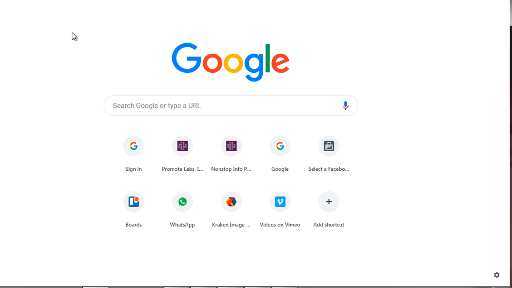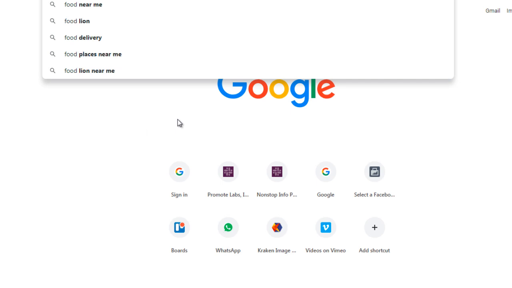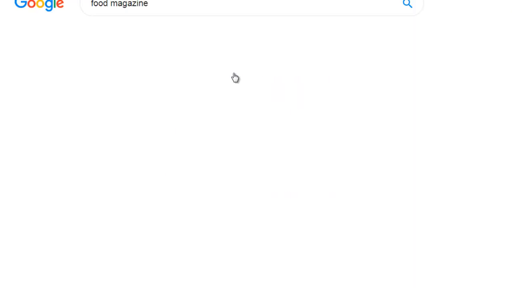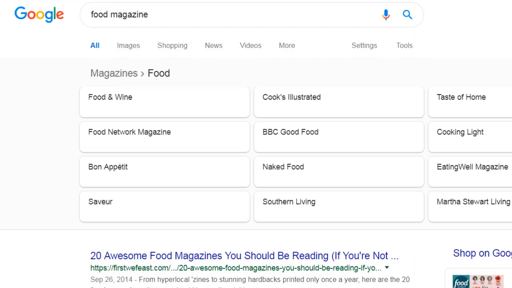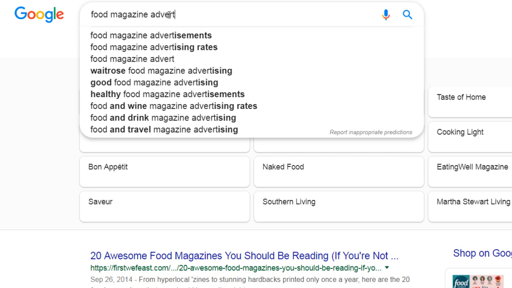And what this does is a lot of times it'll tell you the exact demographic and the exact avatar that you're trying to target. So for the sake of simplicity, we'll type in food magazine, like so. And you can do food magazine advertise.